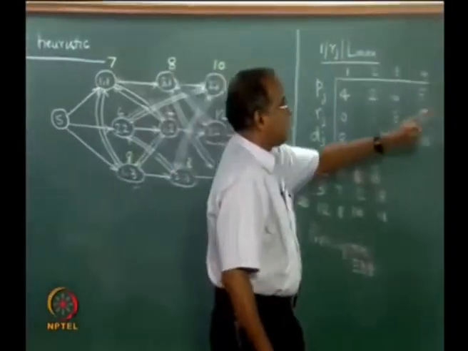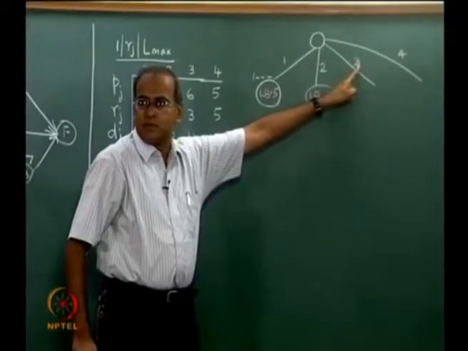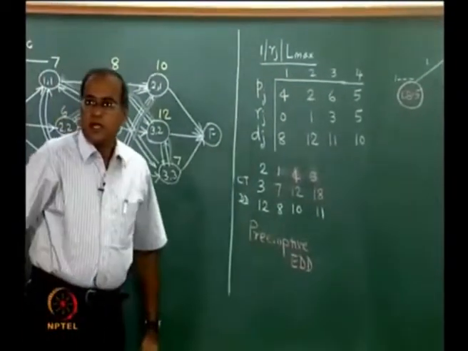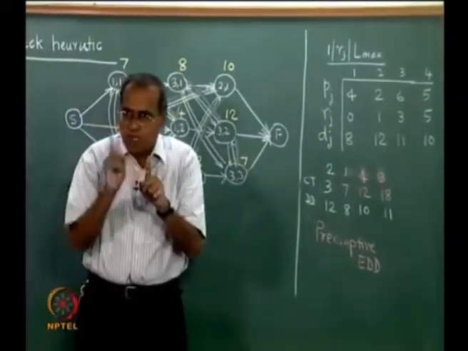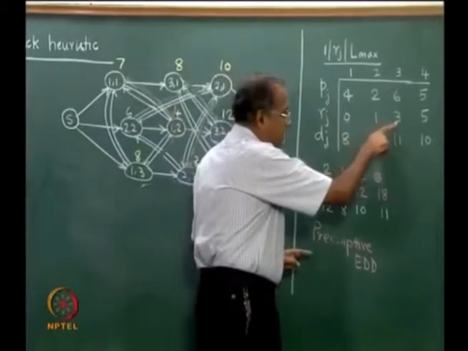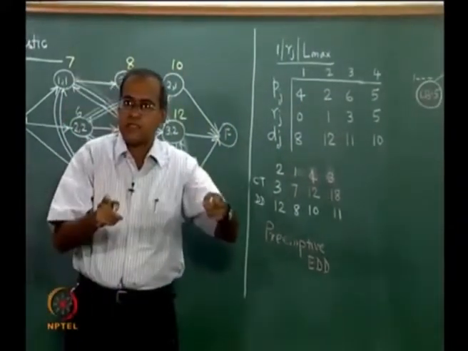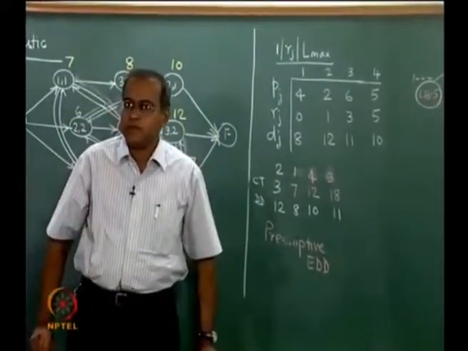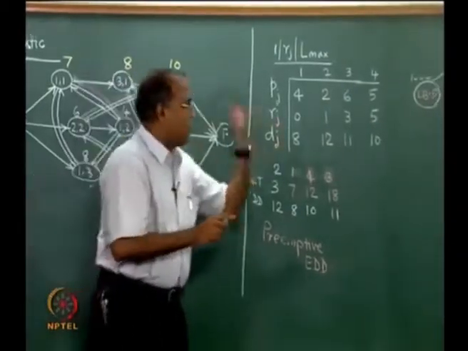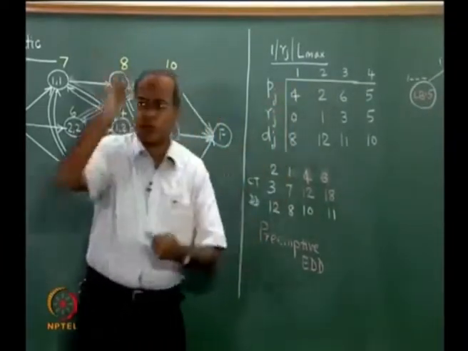Now here we have to look at, can job 3 be the first job in the sequence? Now if we see this problem very carefully, if job 3 is the first job in the sequence, then definitely job 3 can start at 3, finish at 3 plus 6 equal to 9, and for 3 minutes the machine has to be idle. But then in those 3 minutes idle, I could easily have put job 2 in and taken it out.